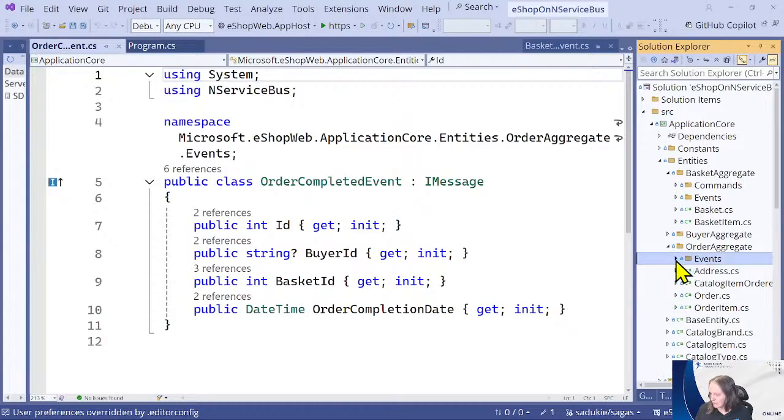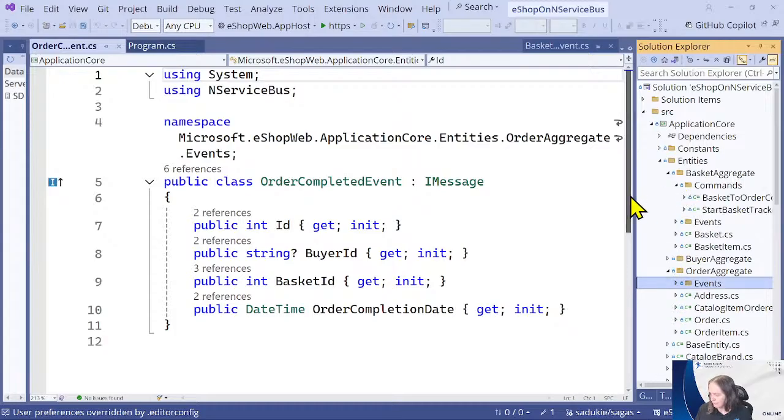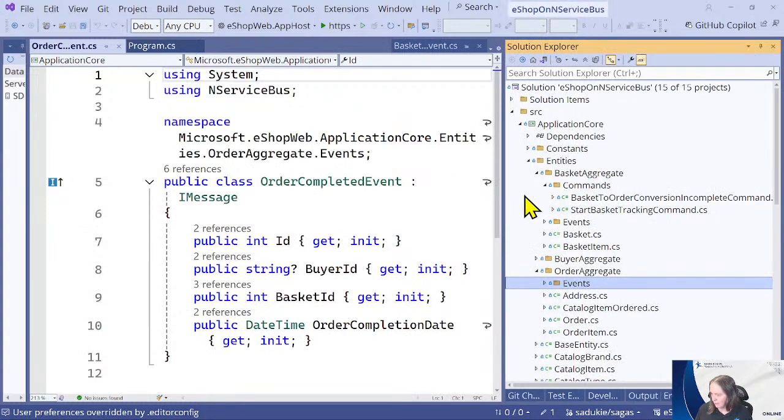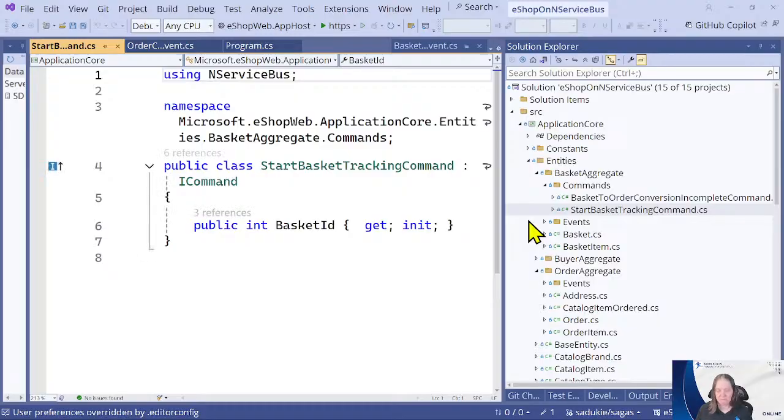Other thing you're going to see is our commands. So I have our basket to order conversion incomplete command and our start basket tracking command. So start basket tracking, what's going on there? This is going to be used when we deal with Sagas.